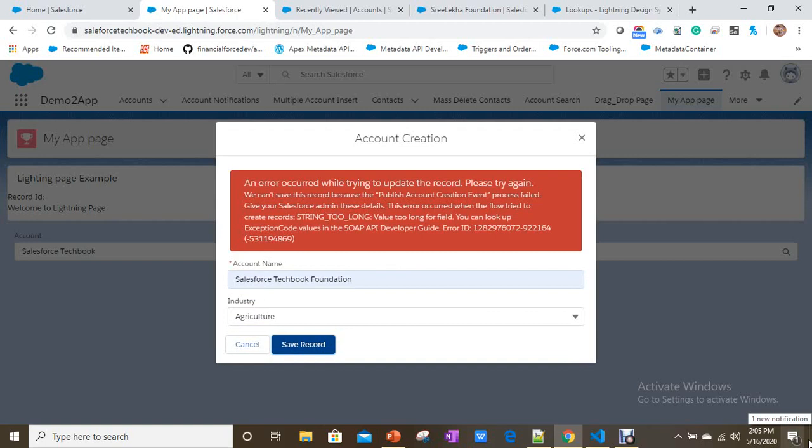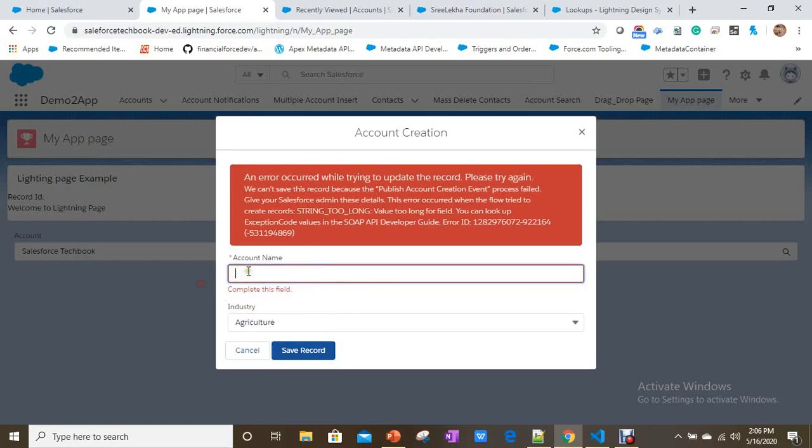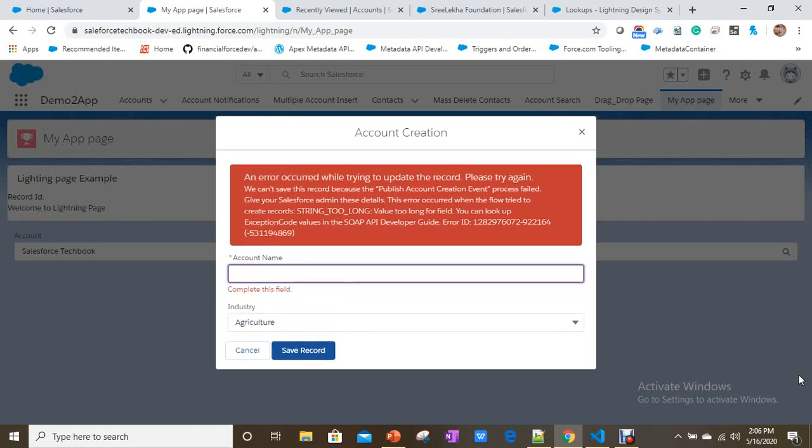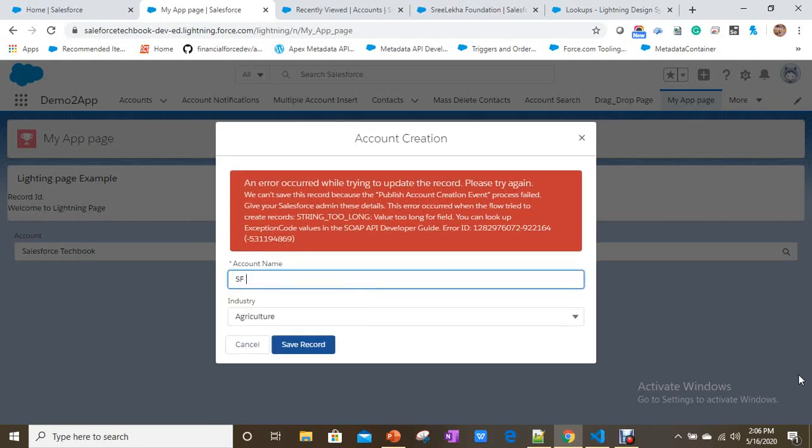It shows publish account creation event process failed. Okay, let's see.